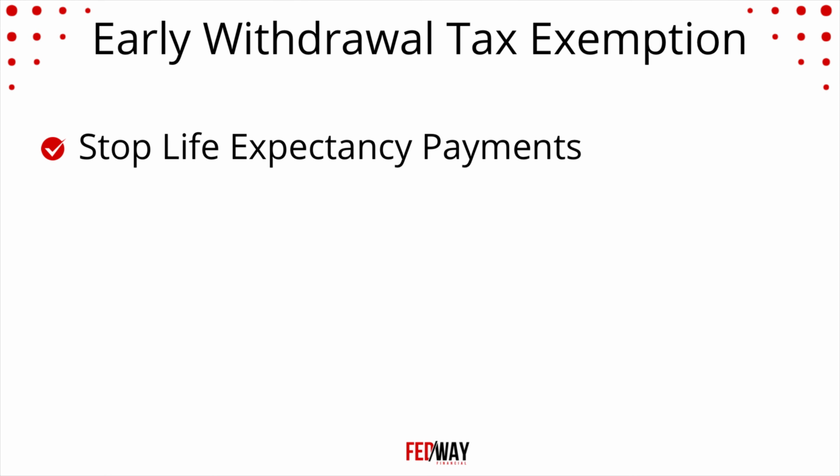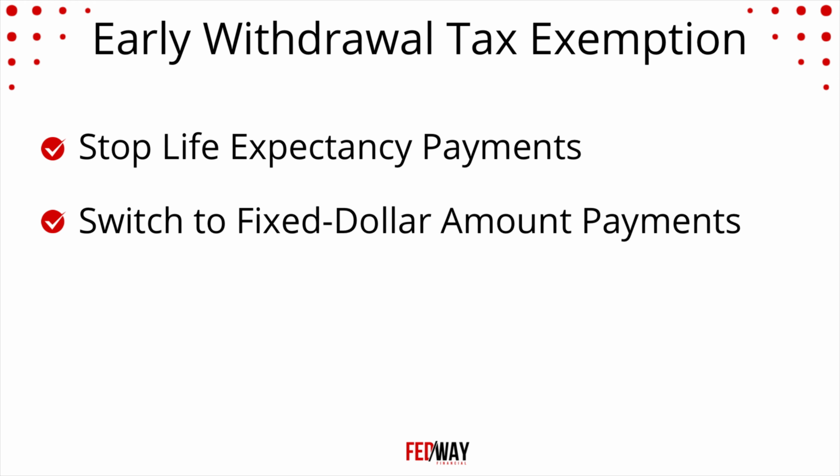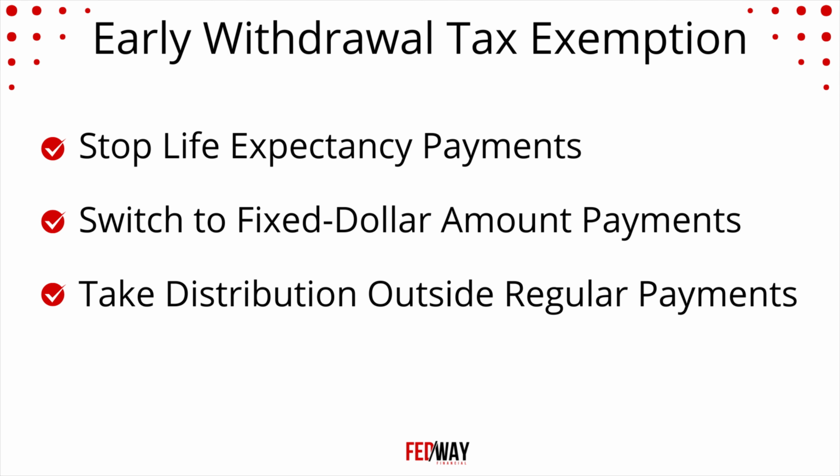So, if you're taking life expectancy withdrawals under the age of 59 and a half, this penalty would be waived. However, this tax penalty can be applied retroactively if within 5 years of beginning your installments or before you reach age 59 and a half, you stop your life expectancy installments, you switch your payments to a fixed dollar amount, or you take a distribution from your TSP account in addition to your regular life expectancy payments. Doing any of those things in that period will make you liable for the tax penalty on the installment payments